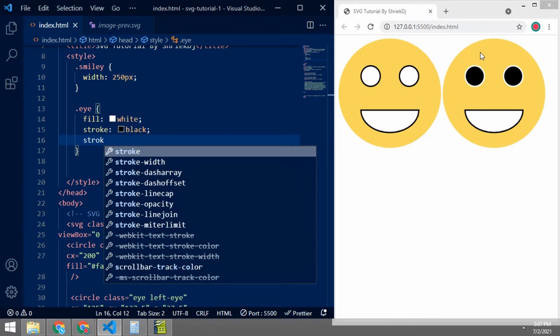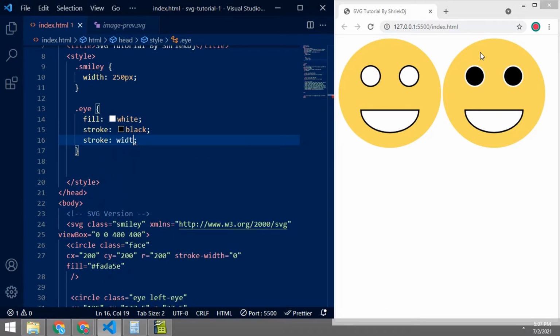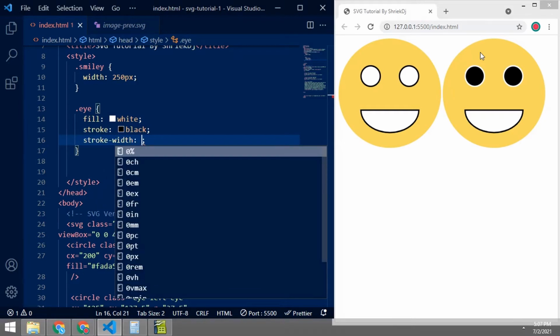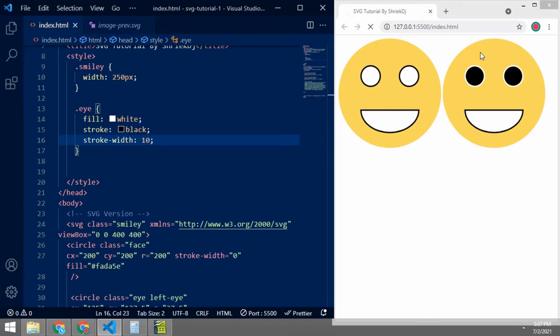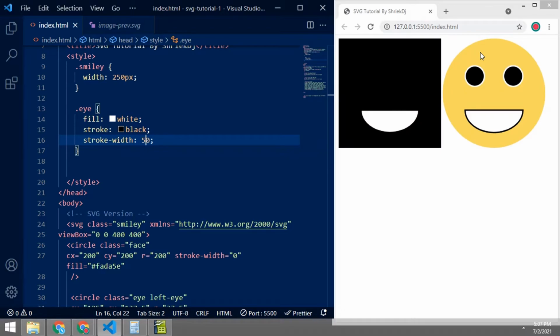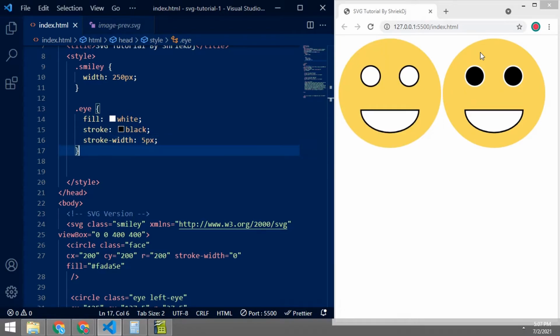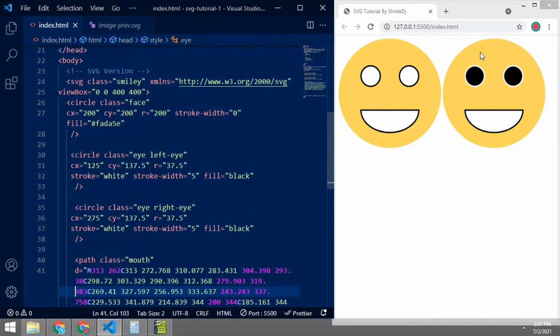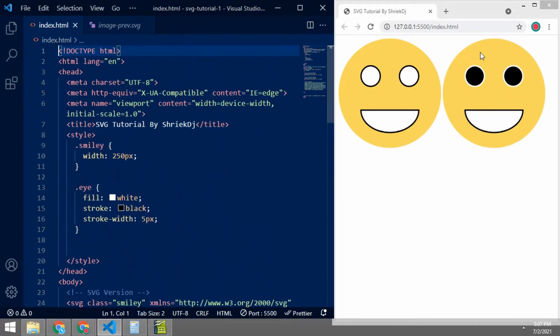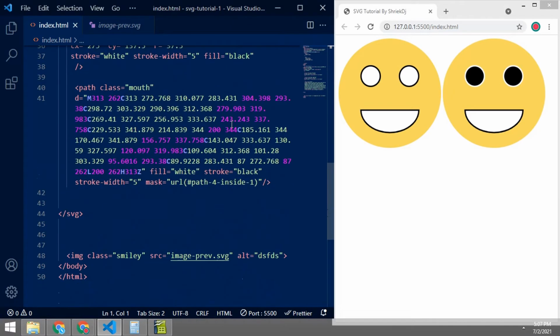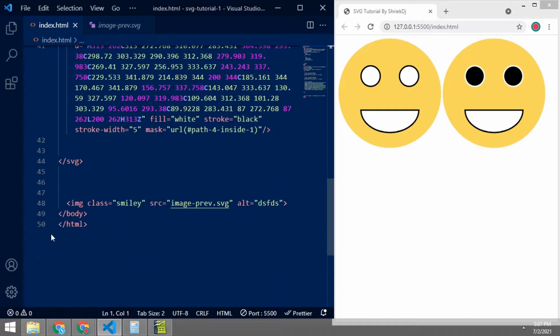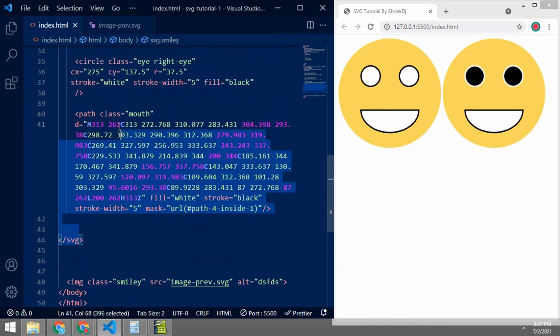After that we are gonna add stroke width, which is the size of a border. As you can understand, 5px will be fine. For an eye, I'm changing the contents of the eye. By using inline SVG directly, we can change the content in the SVG.